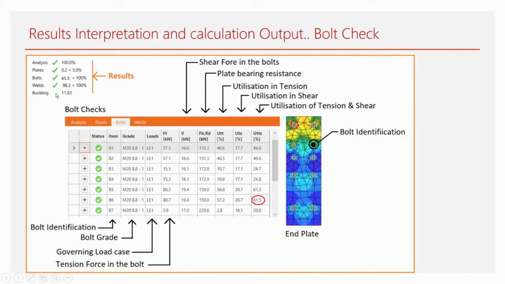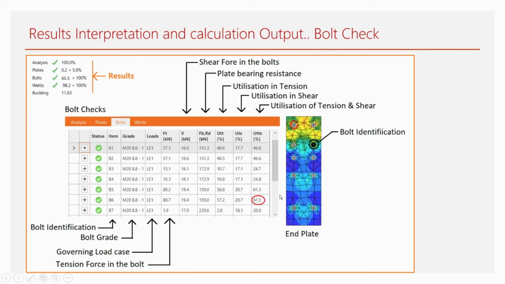Then there is a buckling check, but it's not a check for the buckling, rather a buckling multiplier that, as per the code, should be at least 15 times in case of nonlinear analysis and 10 times as per the linear analysis. So we'll see more on the buckling checks in upcoming slides. Once this analysis result shows okay, you can further go and investigate the various checks like plates or bolts or welds. So here in bolt checks, you can see that bolts are identified based on their B1,